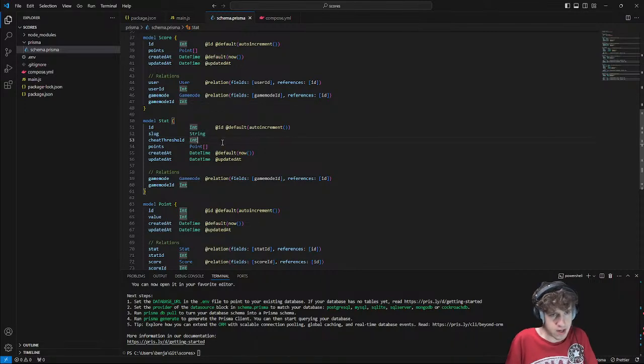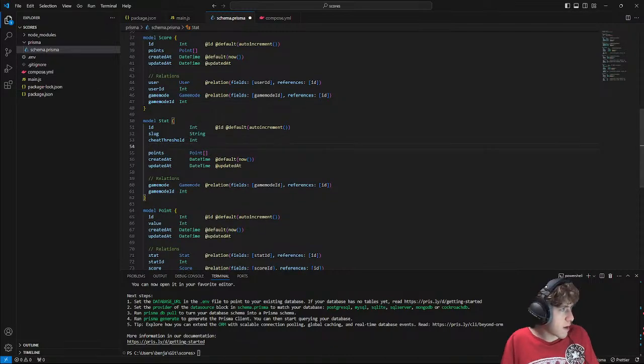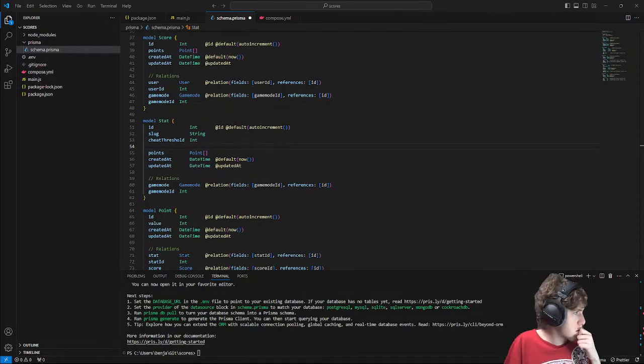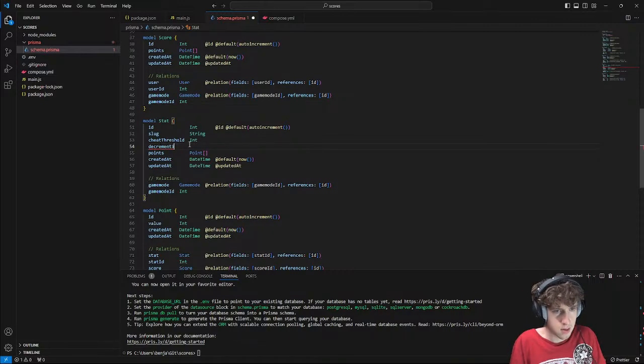So I guess that will default to incrementing. The opposite of incrementing is decrementing, right? Yeah, decrementing. I will call it incrementing. This would be a boolean. Default will be true.